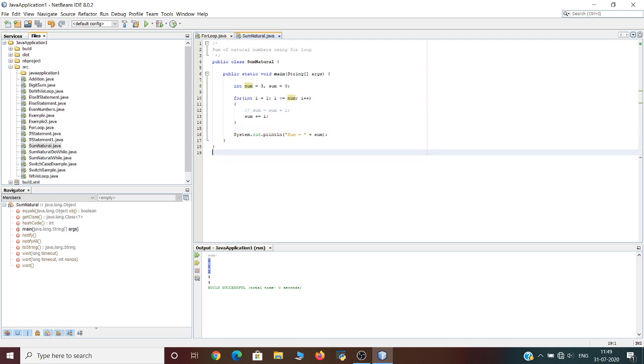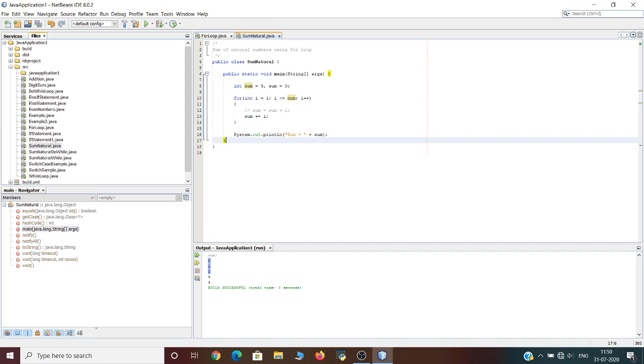Next, after executing this block of code, as discussed earlier, the third statement will get executed, that is, we will increment the value of I here. After incrementing, the value of I will become 2. Then we will again check the condition: is I still less than or equal to the value of the variable num? Since the value of I is 2 and the value of num is 3, I is still less than the value of num. Therefore we will get inside the block and execute the code block.